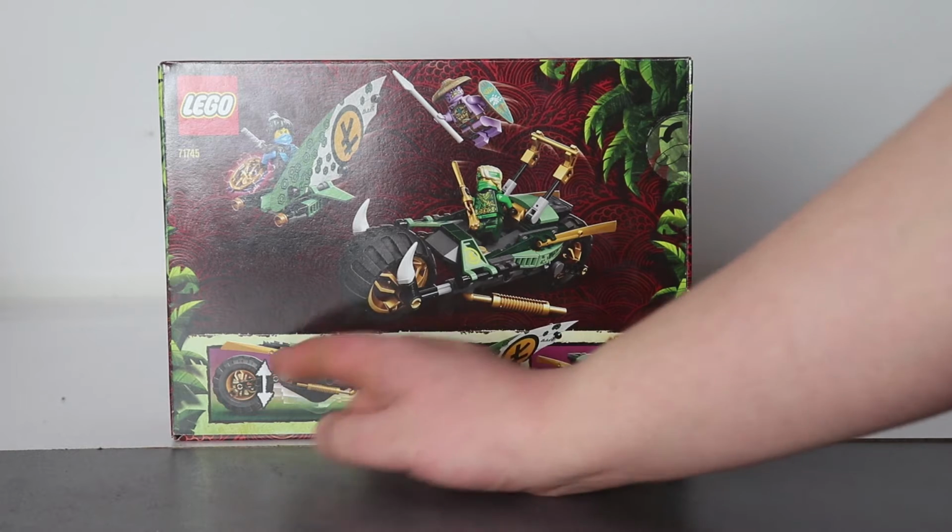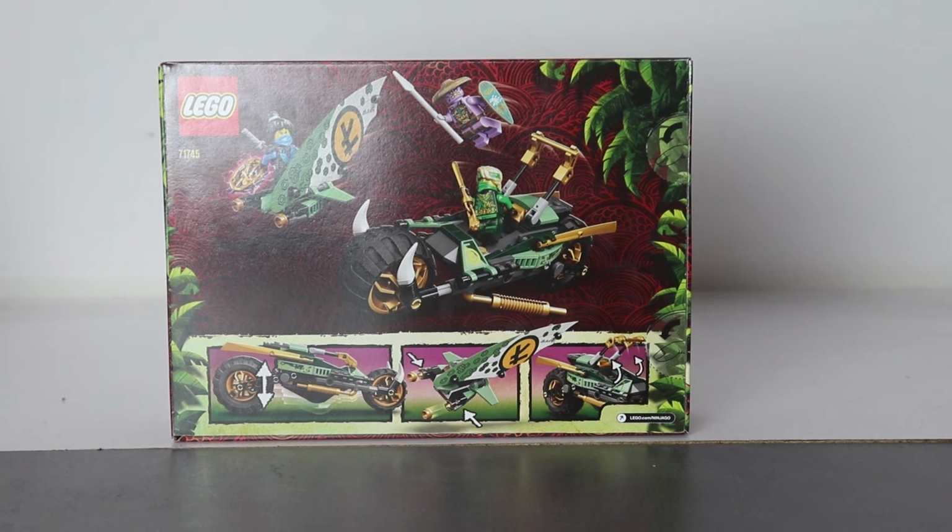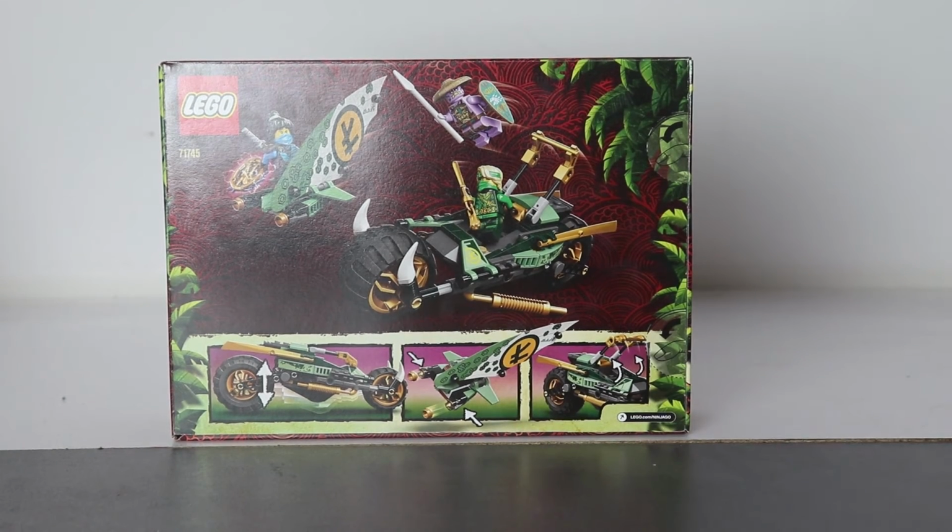And down and across the upside of the box, we see Lloyd has freed himself from the bike. The Rubber Keeper has attacked Nia. We hold away the store, and left and right we call